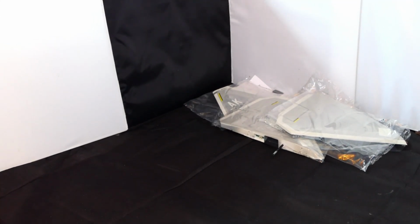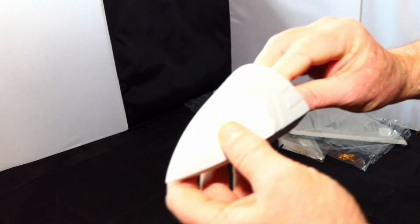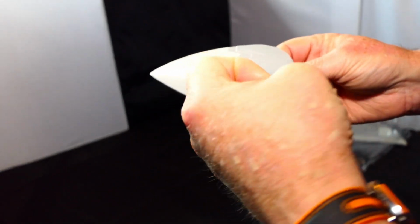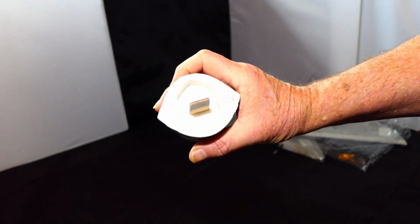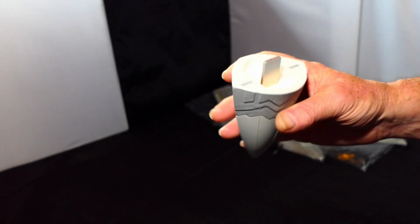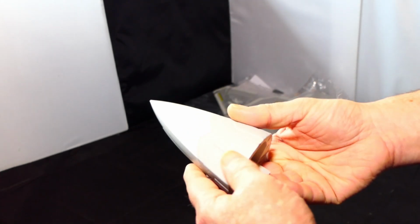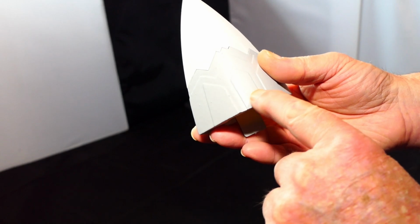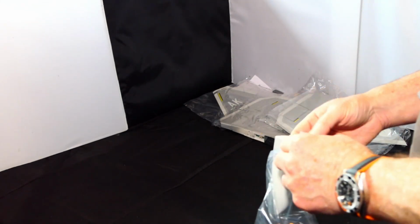The nose cone. We're now into the second layer of this foam packaging. I've pulled out the nose cone. Dark grey foam, light grey plastic. Held on with magnets and a tongue tab, which is classic Freewing. And it's got nice moulding on it. It's the only part here that looks as though something went wrong with the moulding, but it's tiny. I think that might be on the bottom. I don't know, it might be on the top, but we'll see what happens. I'm not too concerned with that. It's very